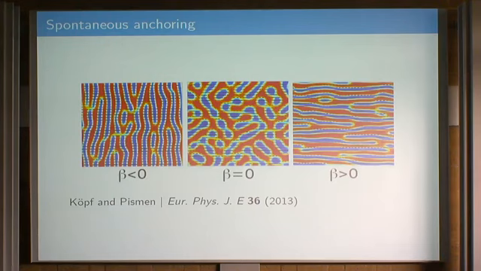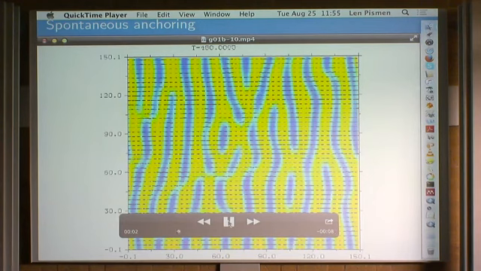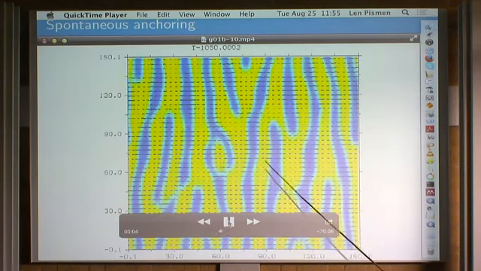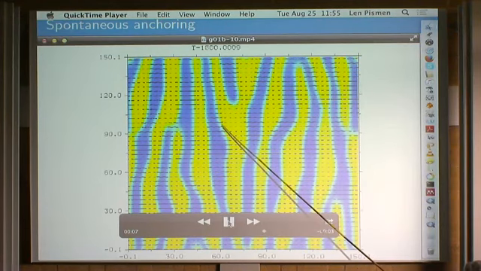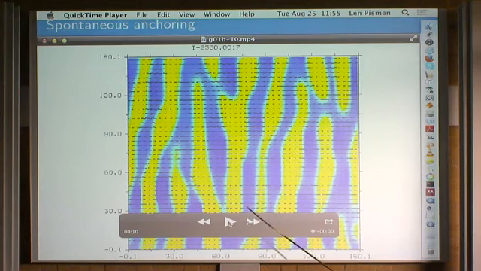Are these independent of the initial conditions? This does not depend on the initial condition. In this case, such details of the pattern may depend on the initial condition, but the orientation does not depend on the initial condition. And so this is a phenomenon of anchoring of the orientation to the boundary between isotropic and nematic state.